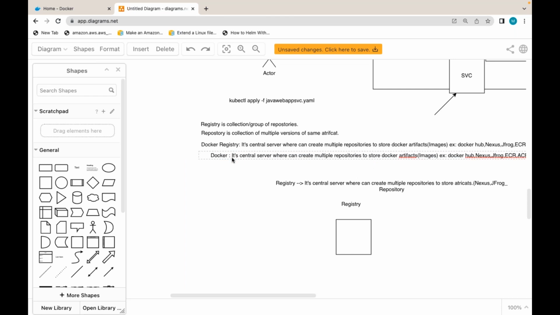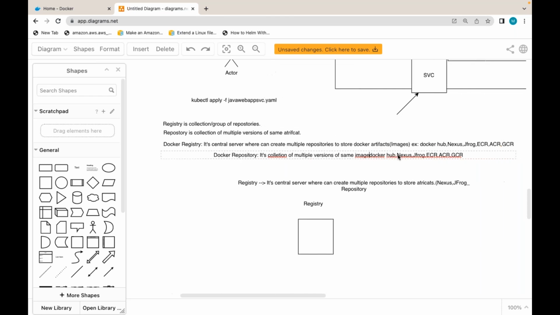A Docker repository is a collection or group of multiple versions of the same image, same package.